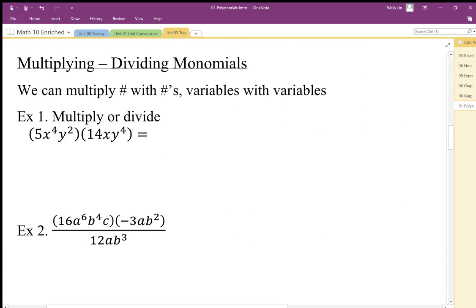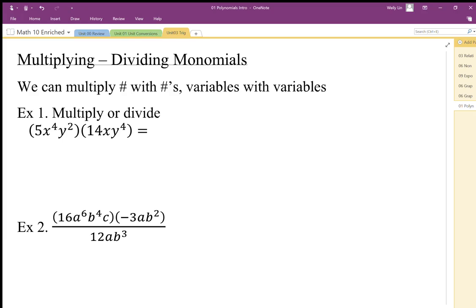When multiplying and dividing polynomials, the basic rule is you can do numbers with numbers, variables with variables, x's with x's, y's with y's. It's all combined by multiplication, so there's no addition in here, so we have to be careful. If there's addition or subtraction in here, we have to be very careful. So this is all just multiplication, so I just do numbers with numbers. So 5 times 14 gives me 70. I do x's with x's,